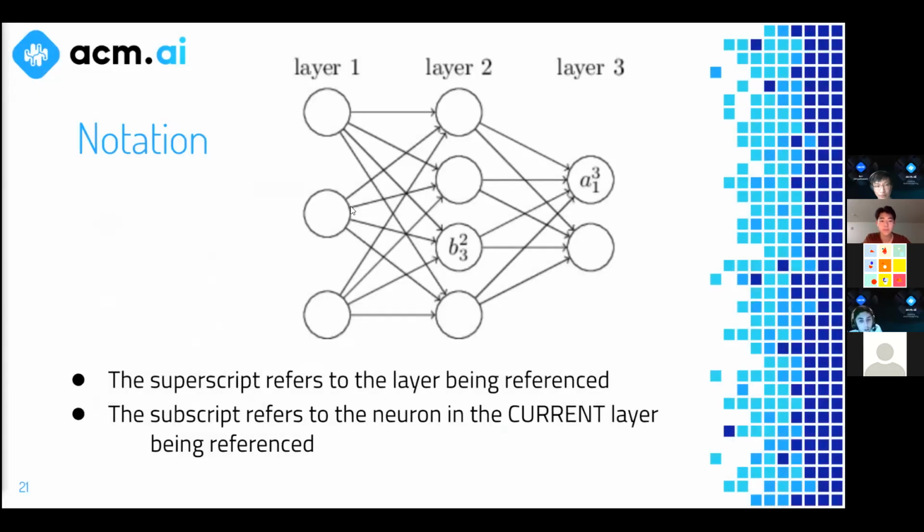Now that was how we notate the arrows, right? The arrows represent weights. Now there are some values that are inherent to the neurons themselves, such as the biases and the activation. For the way we're going to explain this, each neuron has a bias associated with it and an activation associated with it. The activation is how, when you pass the training example through the network, it's the output of that neuron. So you can think of that value A, the activation, as the output that neuron is giving.